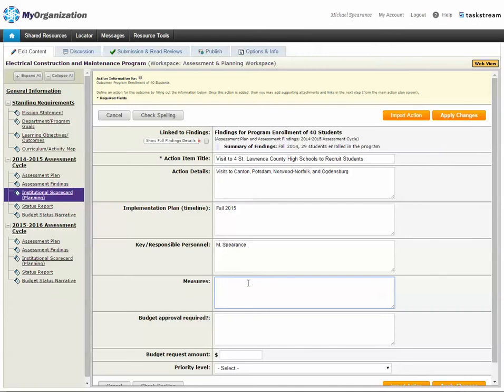And I'm going to establish a measure for this. How will I know that this action is successful? Many people are tempted to just say, you will know this action is successful if you complete these 4 visits, but that's not actually an accurate representation of what we're looking at. What we're actually looking at is increasing the program enrollment to 40 students. And so the only way to know if we're successful is to get back to that particular objective of increasing program enrollment. So completing the action in and of itself is not that valuable to us if it doesn't change our program enrollment. So for my measure,